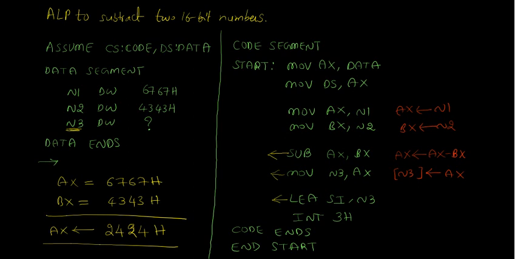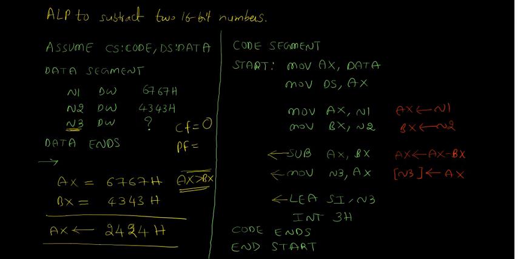So now the flags which will be affected by this result are carry flag and parity flag. Because there is no borrow, because here ax is greater than bx, there is no such requirement to take borrow, right? So that is the reason carry flag is 0. During subtraction, the same carry flag is used to indicate the borrow.